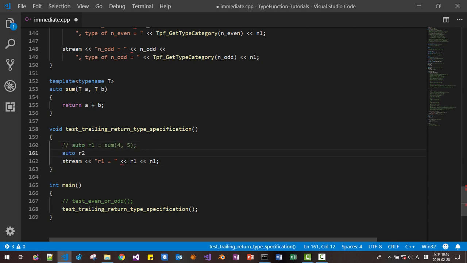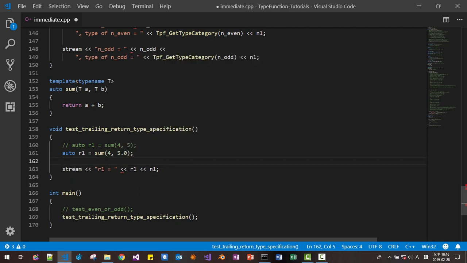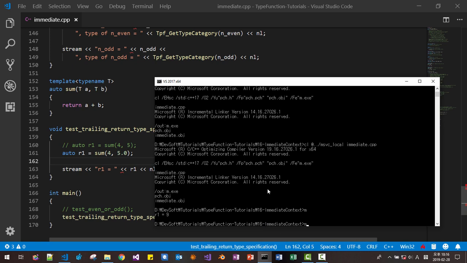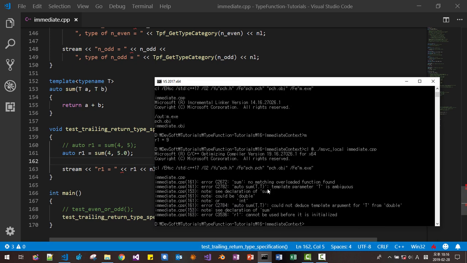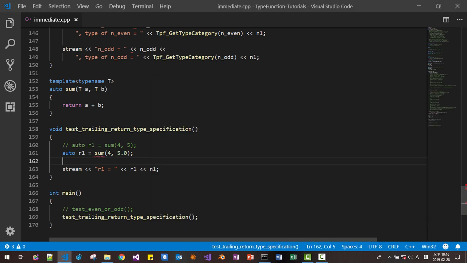But let's try this one. Auto r2 equals sum 4, 5.0. If we build it, it does not work. It does not work because in case of 4, T is an integral type. In case of 5.0, T becomes double, so it conflicts.